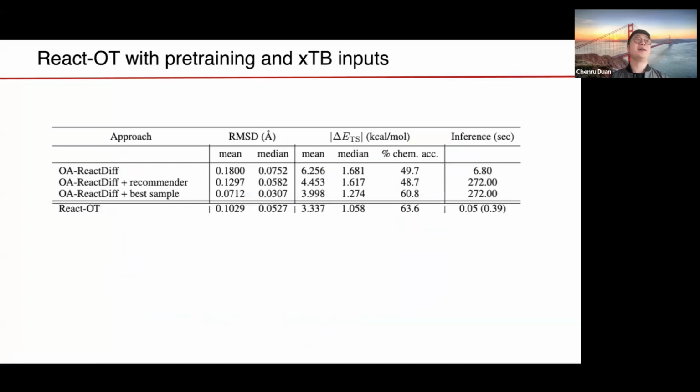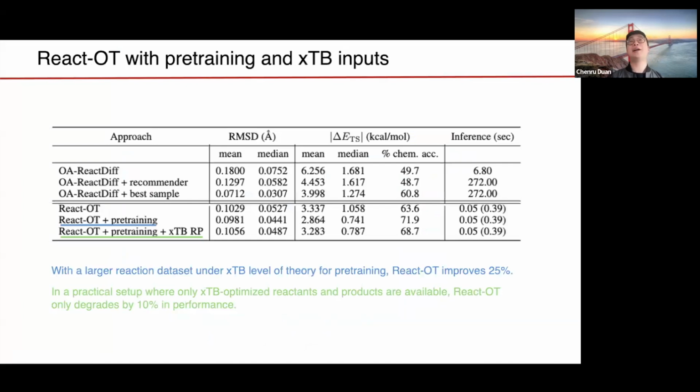And here is a final comparison about the models. We can see ReactOT gets, I would say, 20% more accurate compared to the diffusion model with recommender approach, and of course much faster in terms of inference time. We also tried different things that I will not get into the detail, but the idea is that we